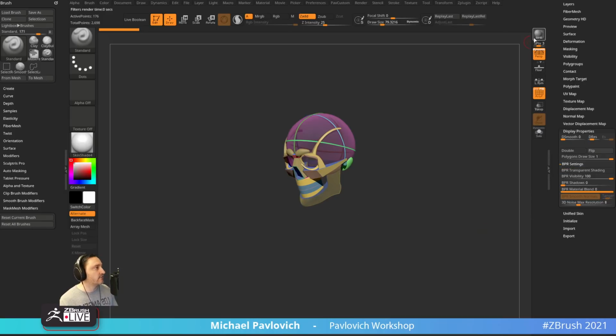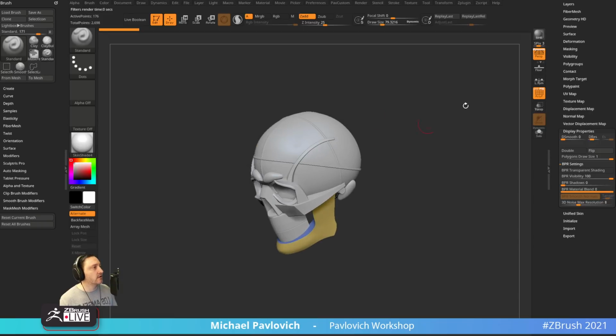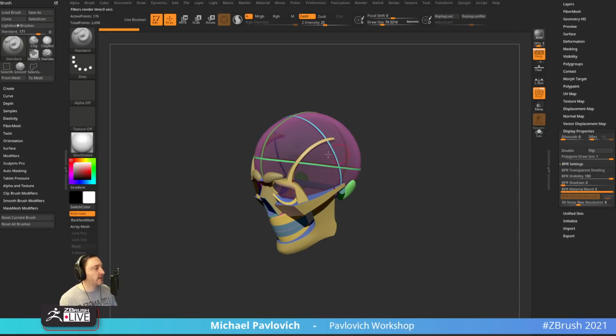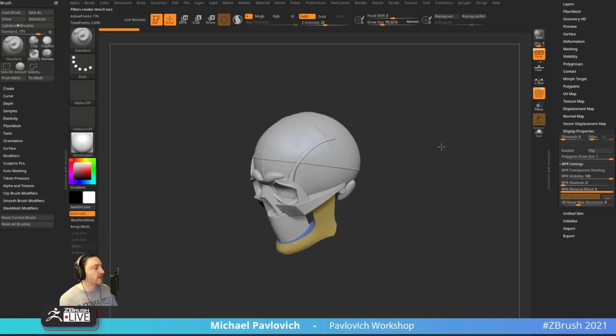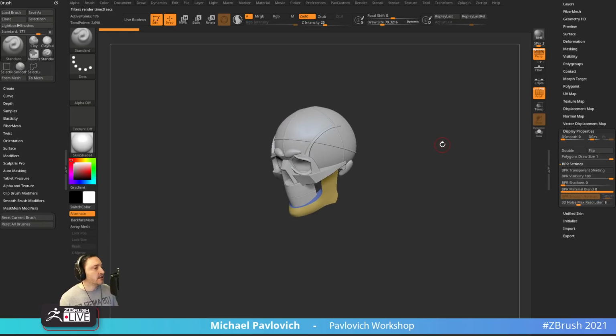So if you turn that off and then BPR render, it'll be non-transparent. And the reason I turned it on for the skull, or this little egg shape here, is so that I can see the construction lines go all the way through, so I can get better at constructing in the round. So if I'm matching a skull or a face,